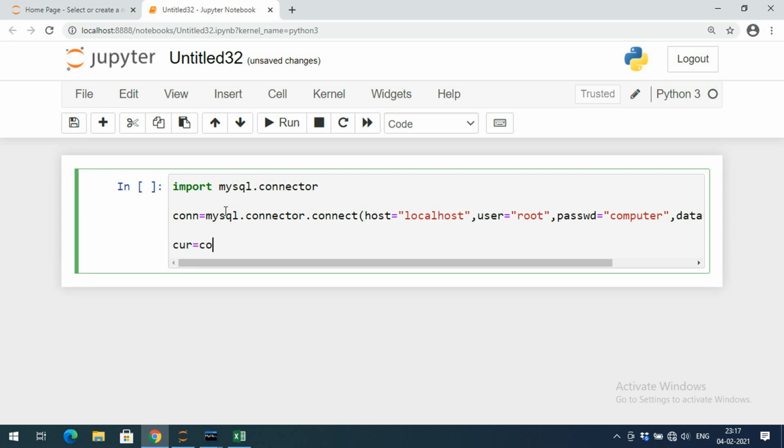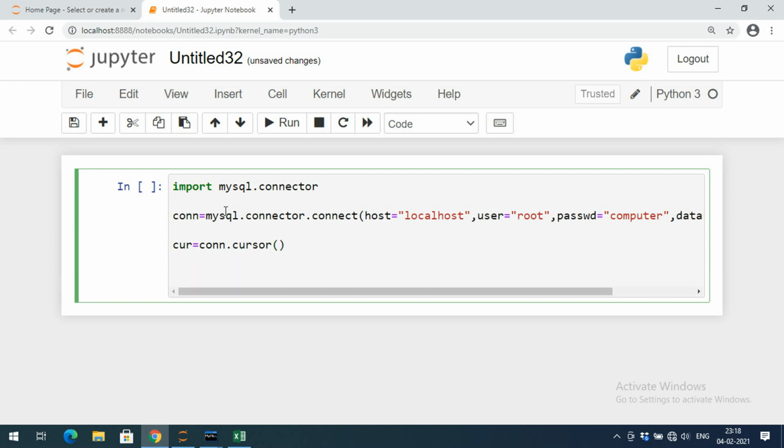Cursor is equal to connection.cursor, so that here we need to execute the query by using the execute method, right? So cursor.execute, and the query should be in between double quotations. So create table, and the name, I am giving students as the table. In that, the first parameter is roll number, which is of integer, and I will give a primary key for that one because there must be no duplicates.